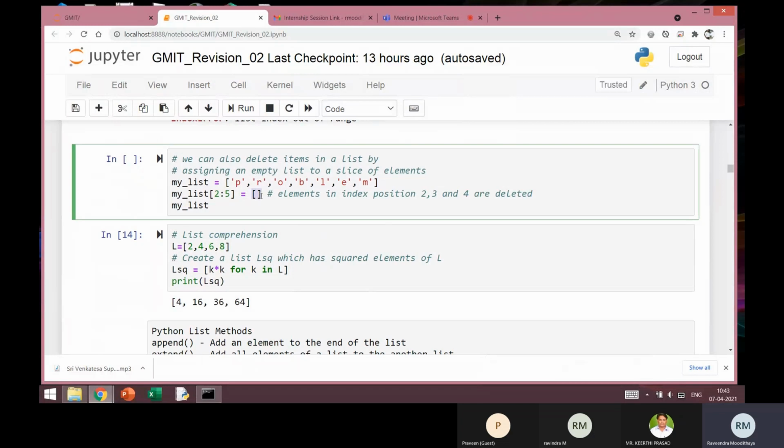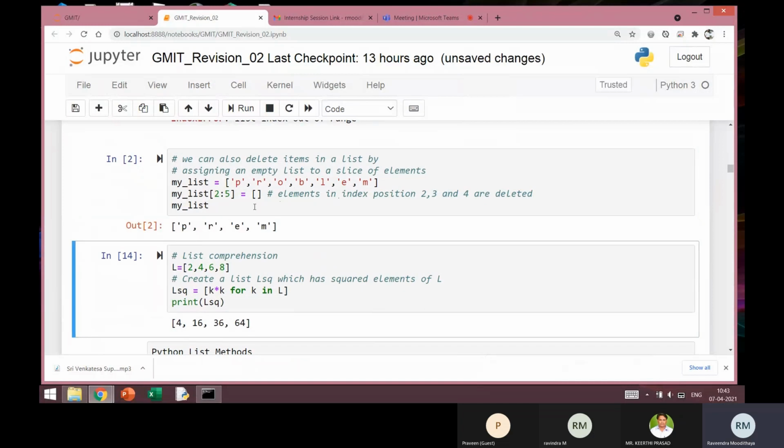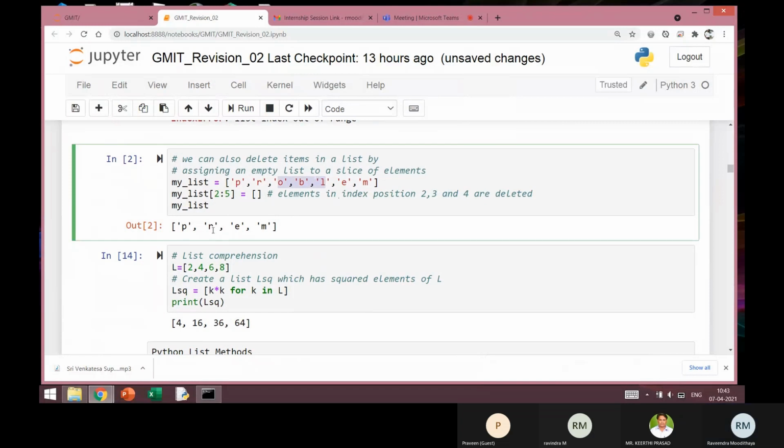On the right side, I equate it with the null list. Elements in index positions 2, 3, and 4 are deleted by executing this. Let's just see the operation. The elements in the locations 2, 3, and 4 are these three: O, B, and L. O, B, and L are not present in the output.